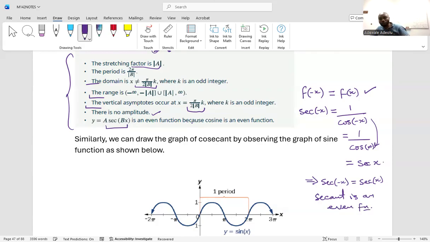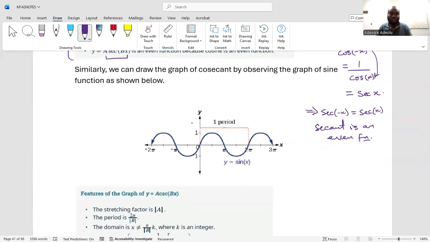By now you should know how to show that for all the trig functions, or for any function in general. Okay, we can do the same thing for cosecant. Similarly, we can draw the graph of cosecant by observing the graph of sine. Just like what I did the other time, I'm not going to repeat a lot of things because it is the same thing. So again, if we go back to our unit circle,